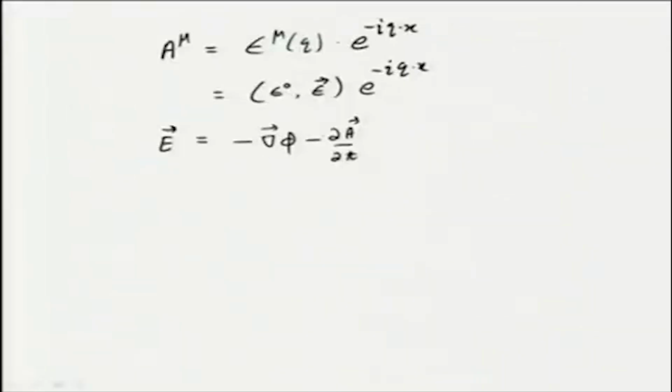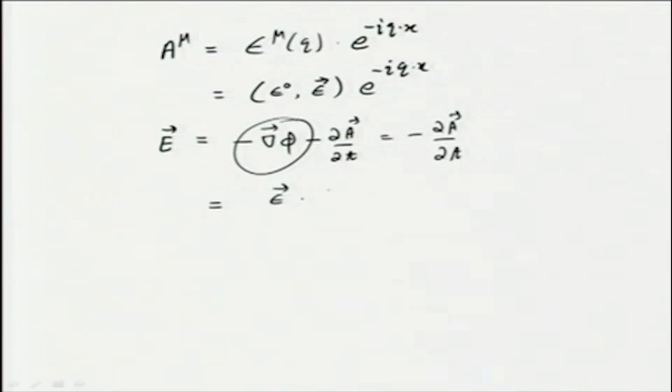So, for a free photon, we can imagine that there is nothing else but a changing electric field and changing magnetic field, one inducing the other. So, in that case, this is equal to 0. So, you have minus dou A by dou t as the electric field, and that is essentially epsilon exponential